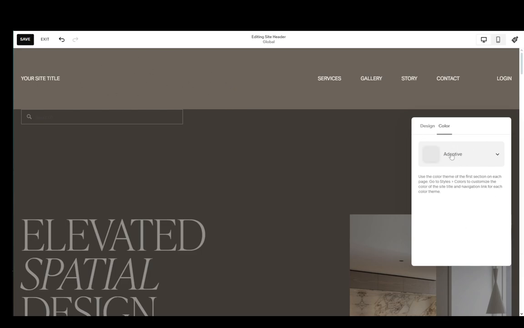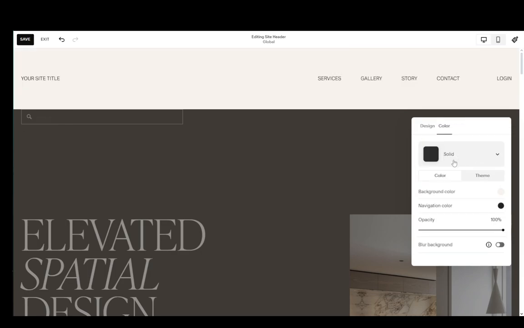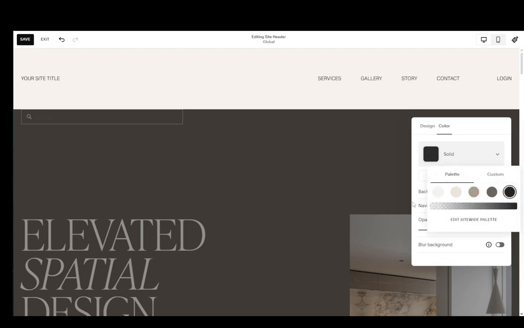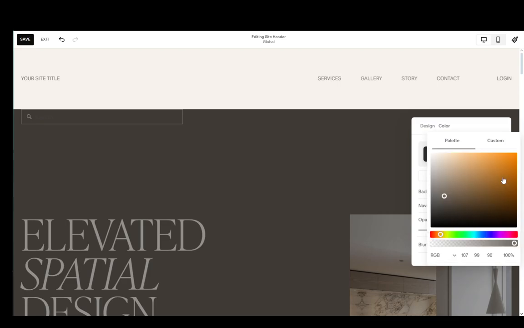Once you're on adaptive, it'll pretty much just change its color to the main color of the page you're on, and if we click on it, we can set up a solid color or a gradient. If I click on solid, it's going to ask you to pick the color that you want, and pick how white or dark it is. You can change it through the palette of the page, or you can go to custom